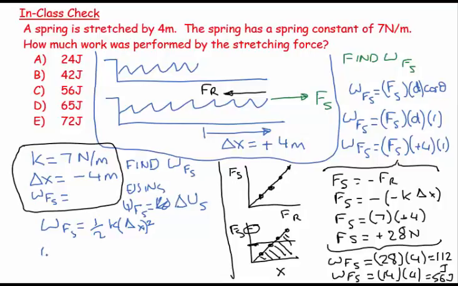So this is going to be equal to 1/2 times k, of course, is 7, times my delta x squared, which is plus 4 squared. So work done by my stretching force is equal to 16 times 1/2 is 8, 7 8s are 56 joules. So what I'm trying to do is just illustrate to you the fact that getting the right approach can save you a lot of work,